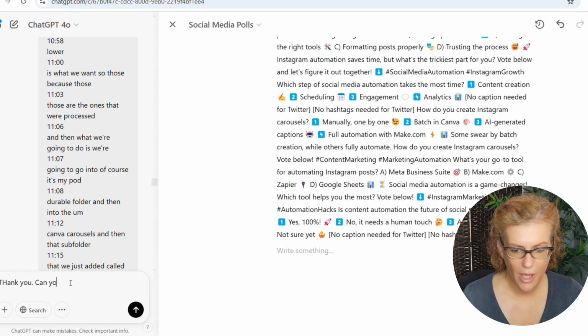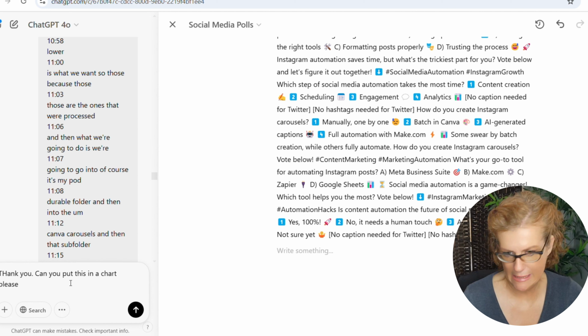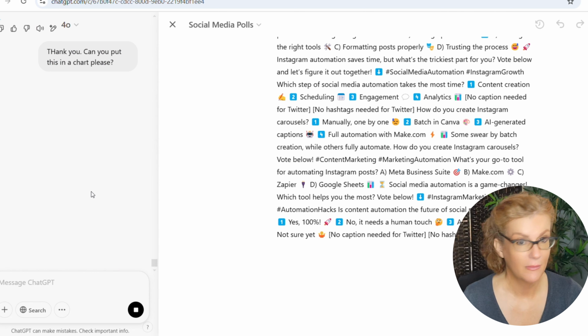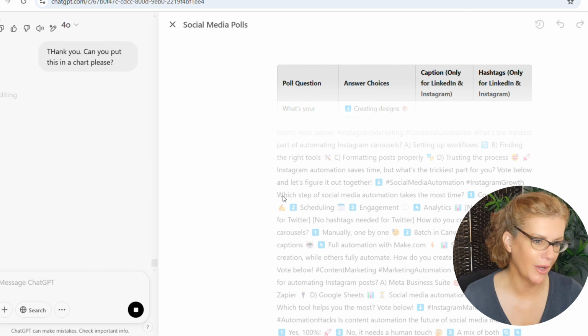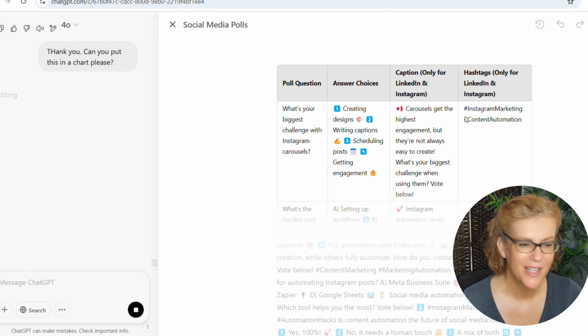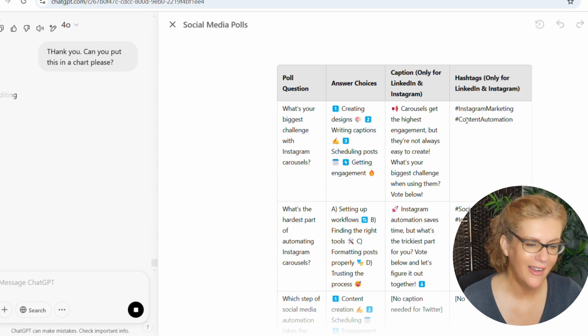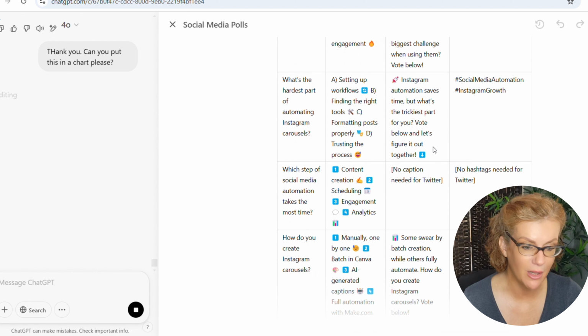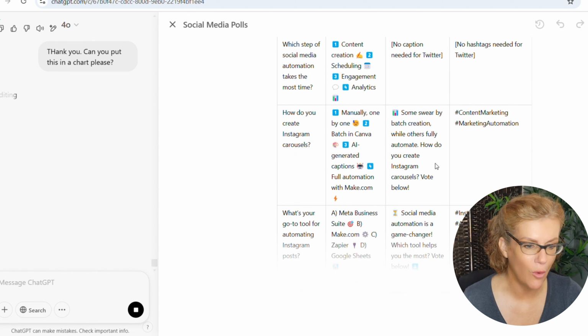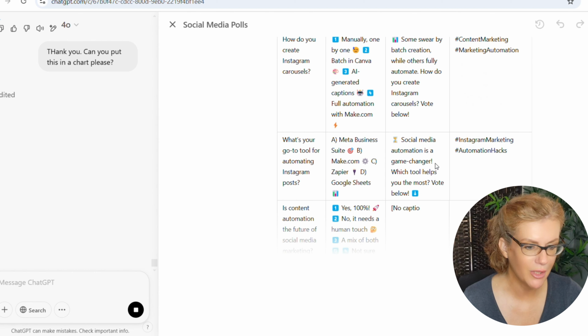So thank you. Can you put this in a chart, please? And it's thinking. Here we go. See, this is where sometimes automations are great and all, but it's really good to have a human in the loop. So now I've got it in a format where I can actually